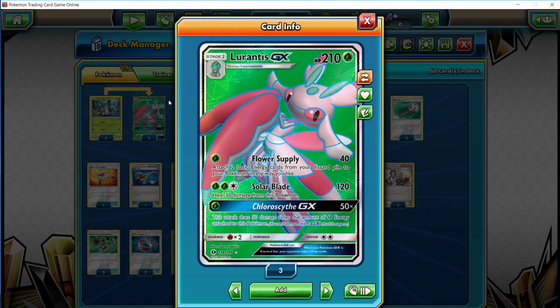So when a Flower Supply can hit for 80 damage, you're hitting all the Froakies, all the Frogadiers for the most part, and one-shotting them for the ones that are being at least played in the Greninja Break deck. If we get up to Solar Blade capability, we're one-shotting Breaks, easy peasy. So while they're trying to take advantage of us having to take 6 prizes while they're focusing on taking 3,